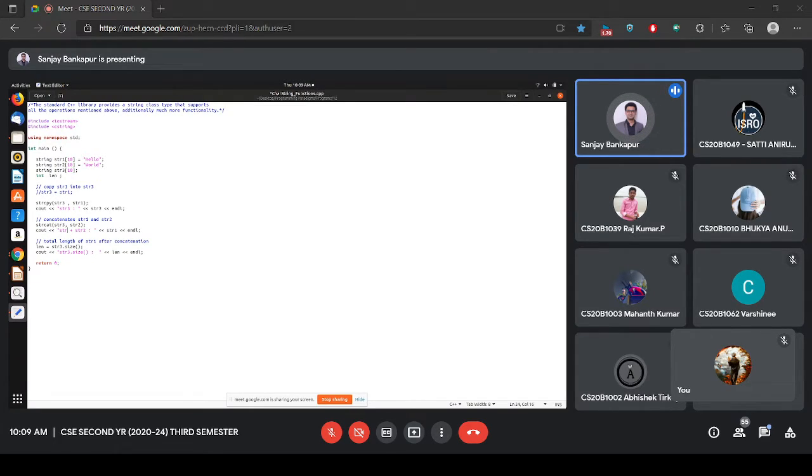So I can just say string 1 and string 2 concatenation. Before this line gets executed, string 3 and string 1 are the same because we have copied that. Now at the end of string 3, the string S2 value is appended, and again it is stored in string 3. Now if I want to calculate the length of string 3 after concatenation, length equal to, this is not the way,